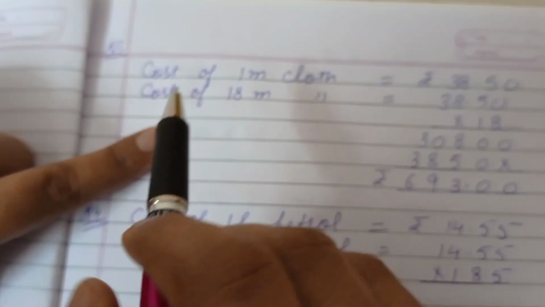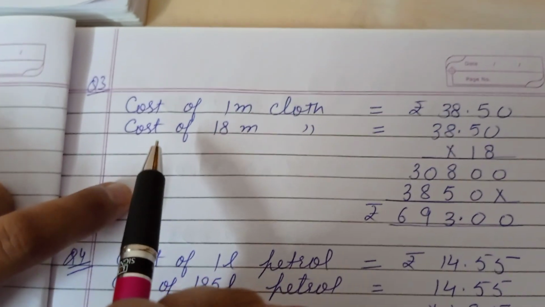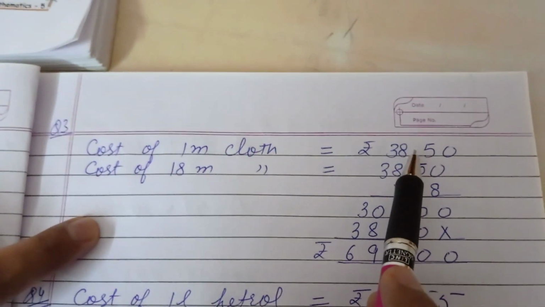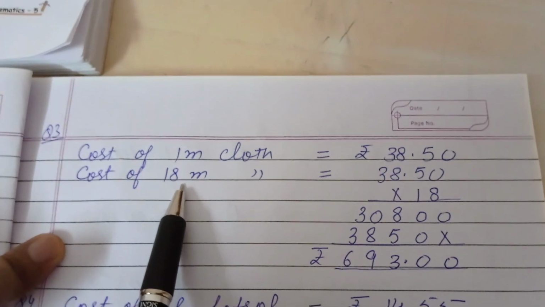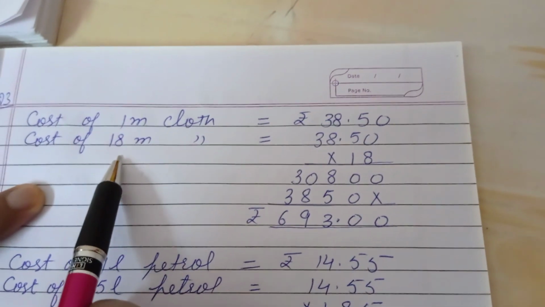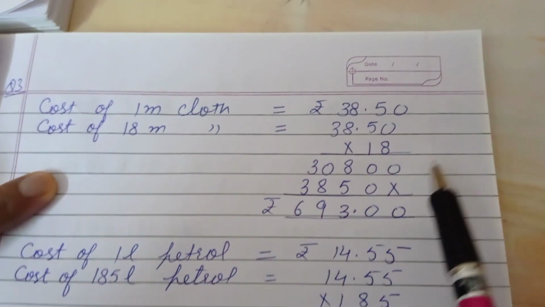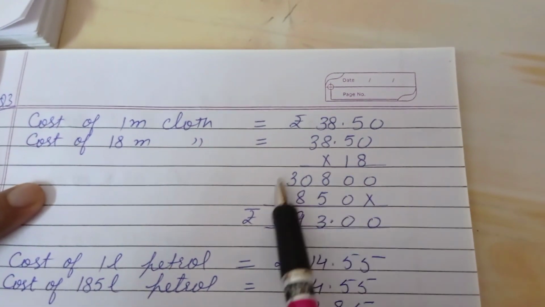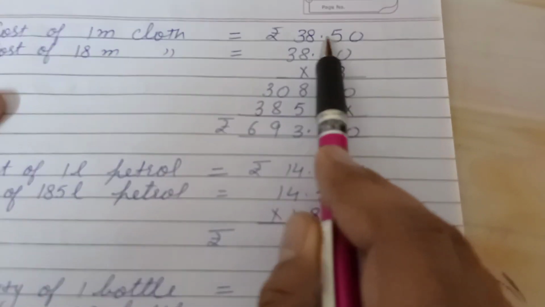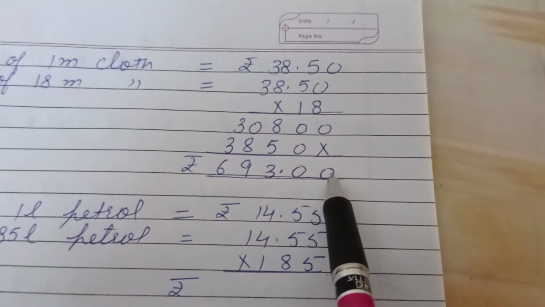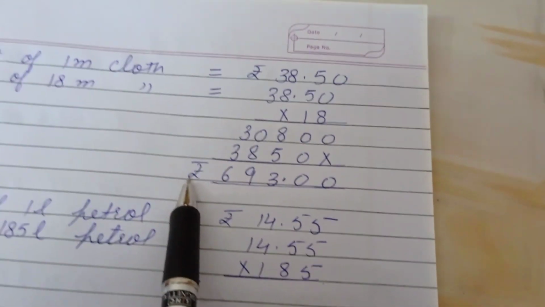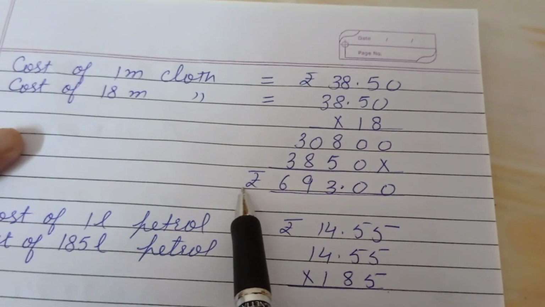So yes students, third question, the cost of 1 meter of cloth is this. The cost of 1 meter of cloth is given. Find the cost of 18 meters of cloth. So same question, you know the rate of one thing, you have to find the rate of many things. So we will multiply. When you multiply, you will get this answer. Count the number of digits after the decimal. There are 2 digits. So leave 2 digits, put the decimal here. Your answer will be in rupees. Don't forget to write the unit.